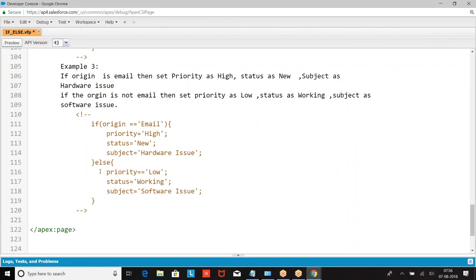I hope I am good with this. Any other queries? People who are new to programming, are you clear? Now let us take the next one.